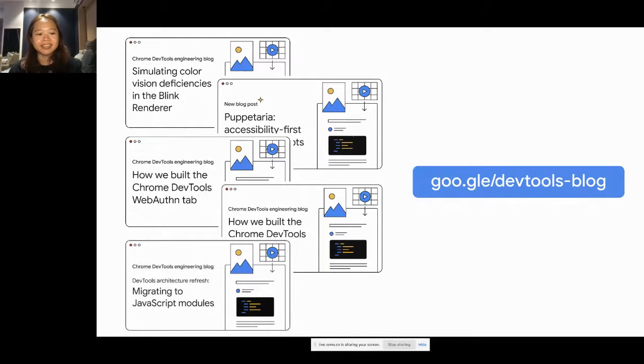So it's quite interesting that we also migrated from our custom JavaScript module to the modern JavaScript module, and then we also migrated our code from JavaScript to TypeScript. So these are experiments that we think will be valuable to the public as well. The engineers will share some of the experience they have, and how we solved those challenges. So if you want to follow our blog, you can follow it here,